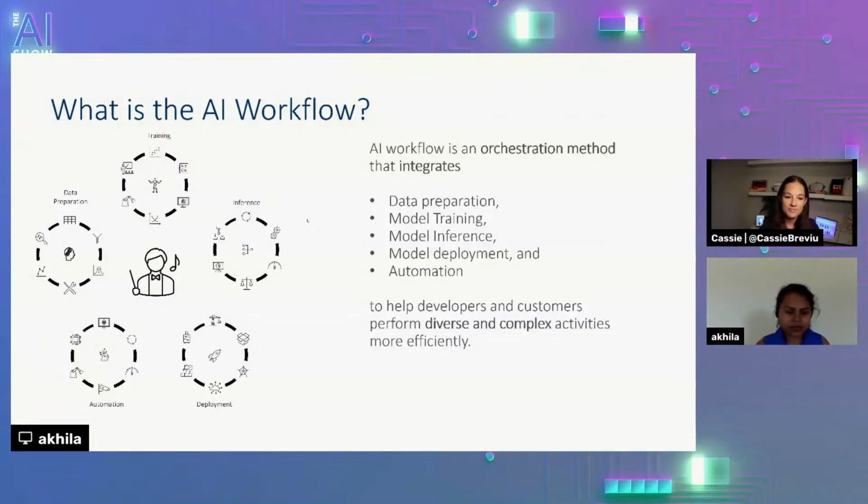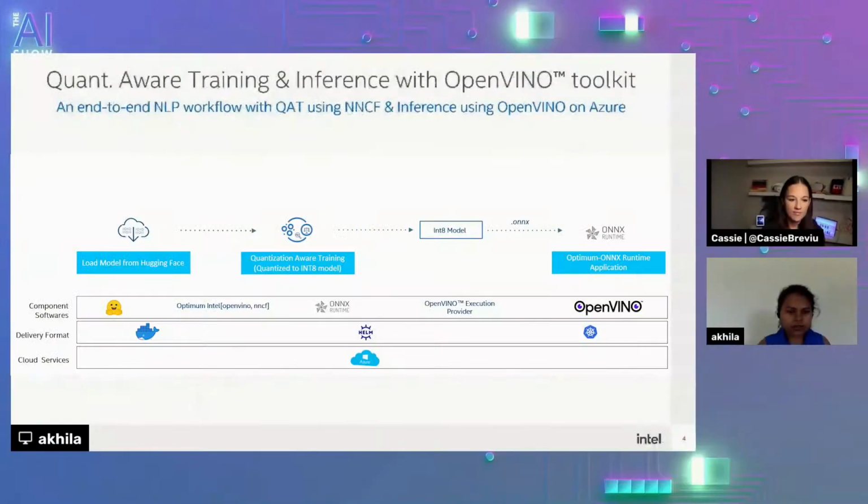Yes. So let me talk about AI workflow. AI workflow is an orchestration method that integrates data preparation, model training, model inference, model deployment, and automation to help developers and customers perform diverse and complex activities more efficiently. I would like to show you what we have developed